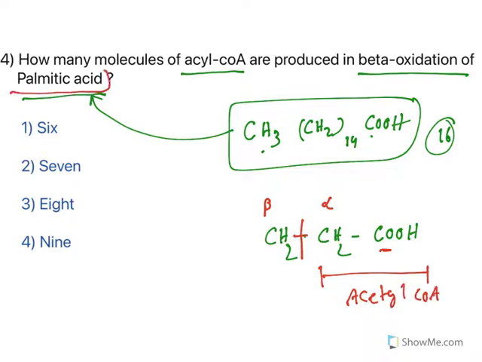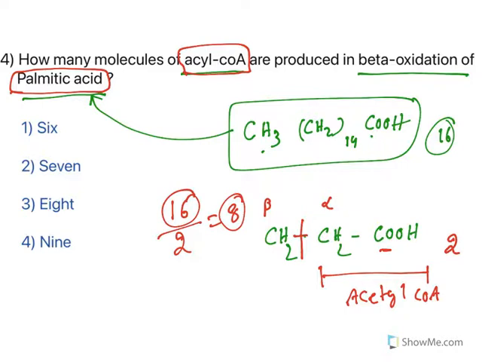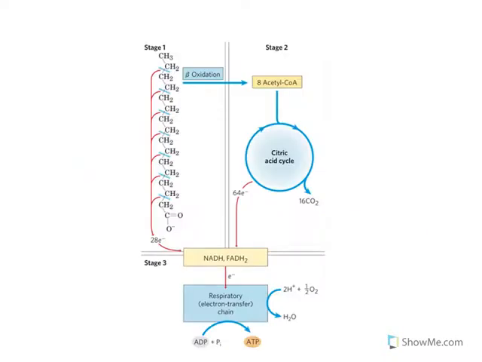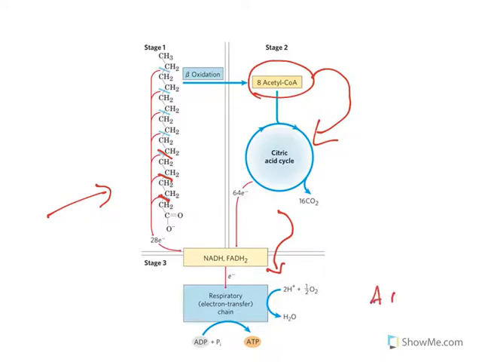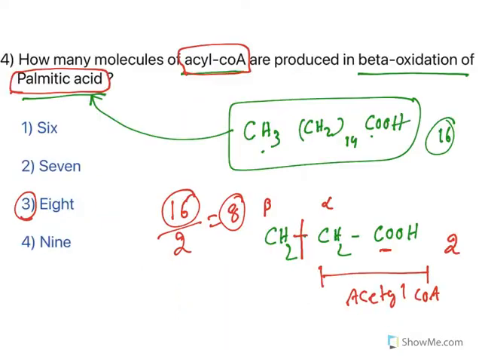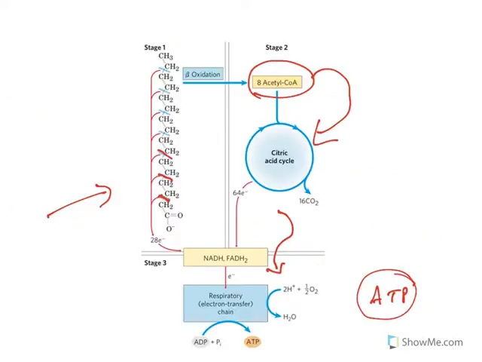So, in palmitic acid during beta oxidation, how many acetyl-CoA molecules are formed? See, acetyl-CoA is made up of 2 carbons. Palmitic acid, totally how many carbons are there? 16. So, totally 8 acetyl-CoA molecules are formed. So, this is the answer. To give you the complete picture, look at this. See, this is palmitic acid. You can see these lines indicate beta oxidation and it forms 8 acetyl-CoA molecules. They will get into the citric acid cycle and finally they participate in the respiratory chain and you will get ATP formation. So, the answer is 8. Moving further.